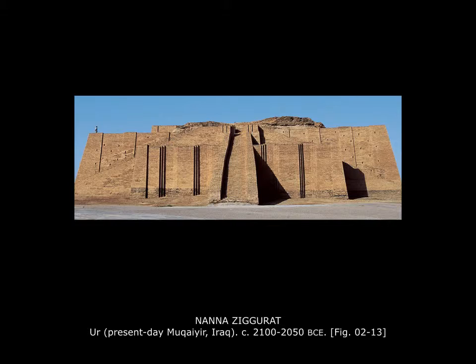It could very well be that this Nana ziggurat is exactly what the Bible had in mind when it discusses the Tower of Babel, Babel being the same root word as Babylonian civilization. The idea in the story of the Tower of Babel is that people were trying arrogantly, according to the scriptures, to build a structure that would allow them to reach up to heaven